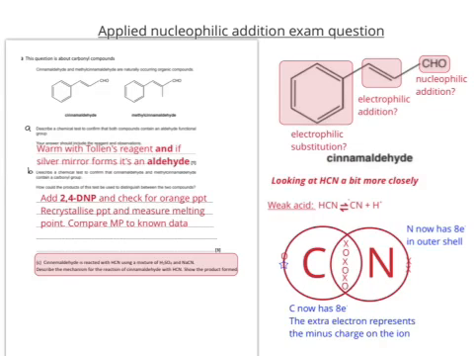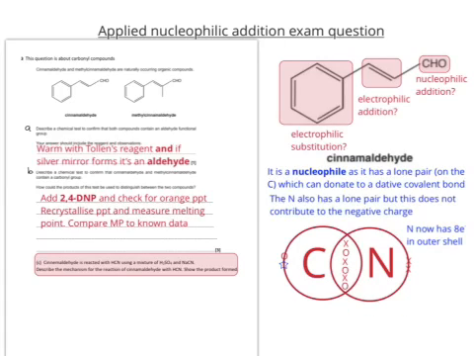So we've now got our nucleophilic species. Why is this a nucleophile? It's because it has a lone pair of electrons on the carbon which can be donated to a dative covalent bond. You've probably spotted that the nitrogen also has a lone pair, but this doesn't contribute to the negative charge, so this won't be what attracts to whatever this nucleophile is going to react with. So now we know it's a nucleophile,